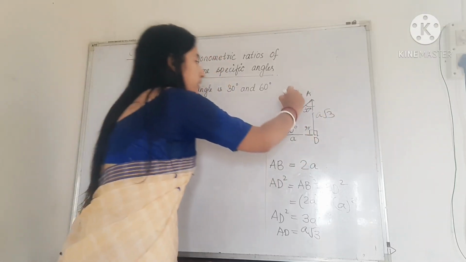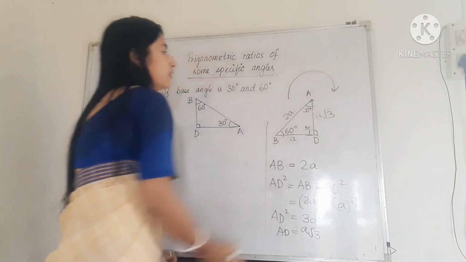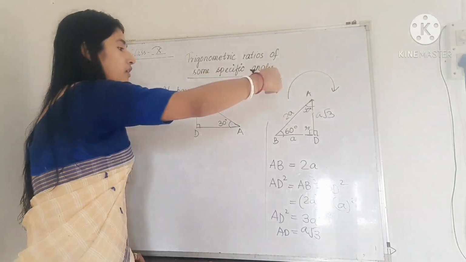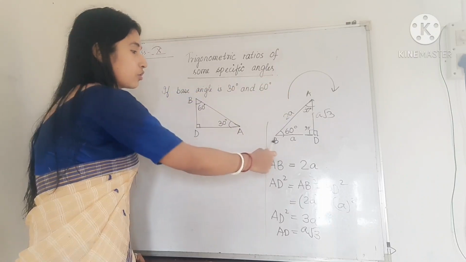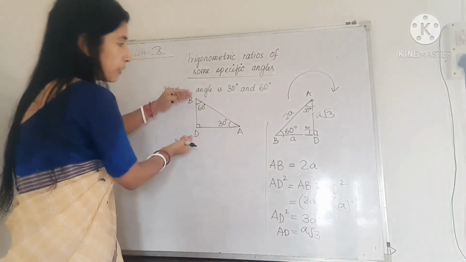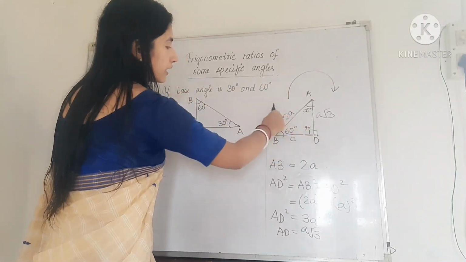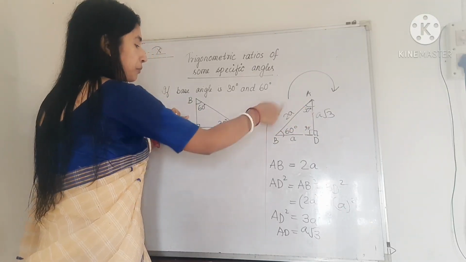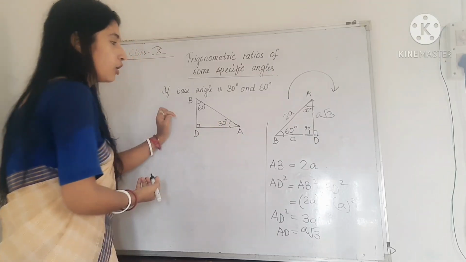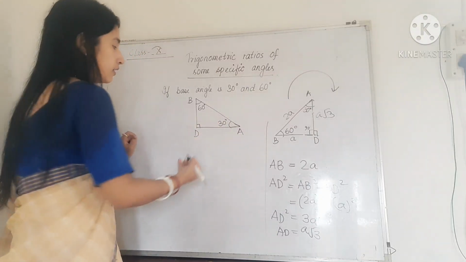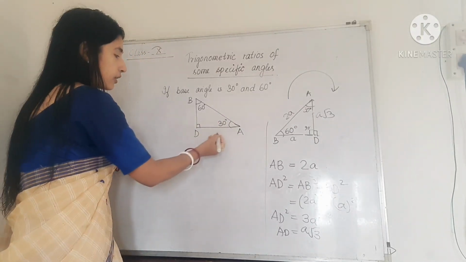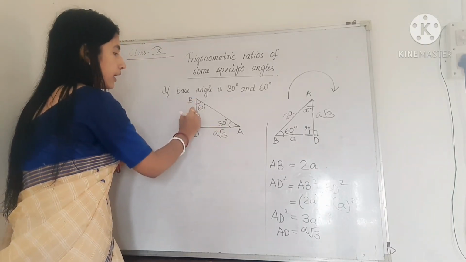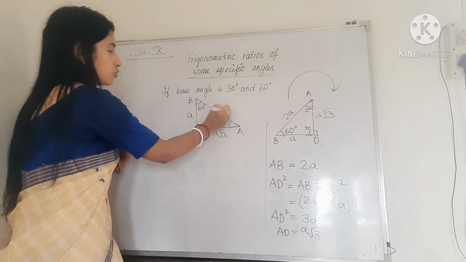So now I am rotating the triangle in this way. So this is in clockwise direction, so I am rotating the triangle in clockwise direction. So you can see BD will be the perpendicular. This will be like this. So here it is BD, and AD is the base, and hypotenuse will remain the same, that is AB. So let us now write the lengths. So AD is A root 3, BD is equal to A and the length of AB is 2A.